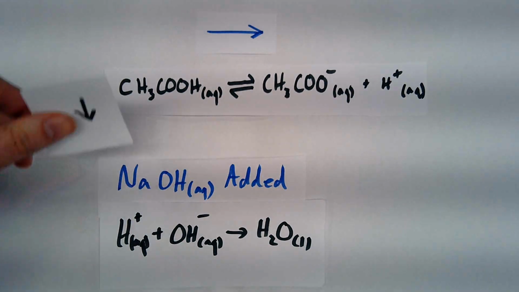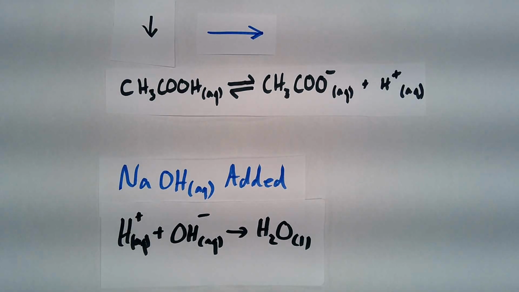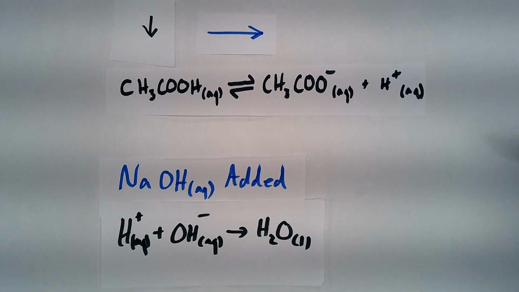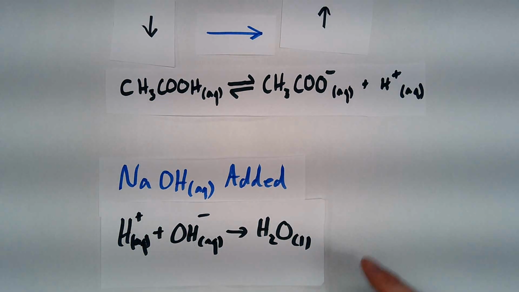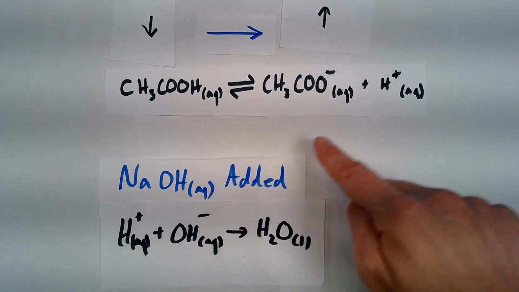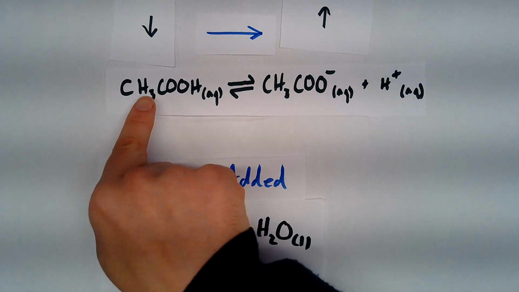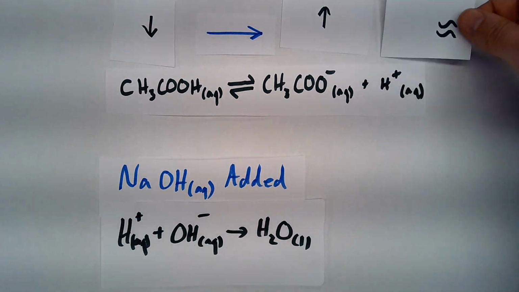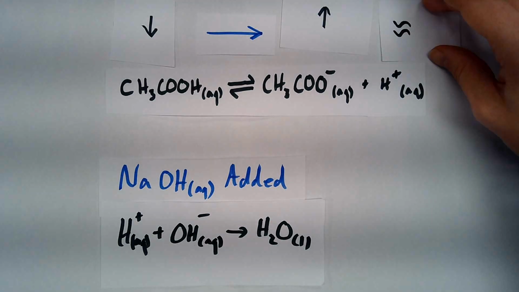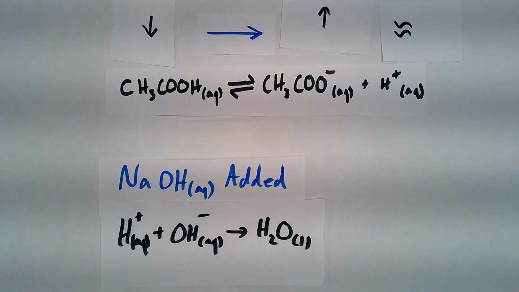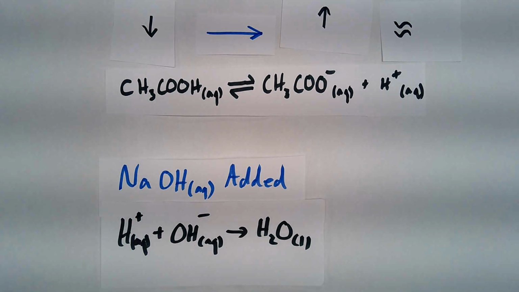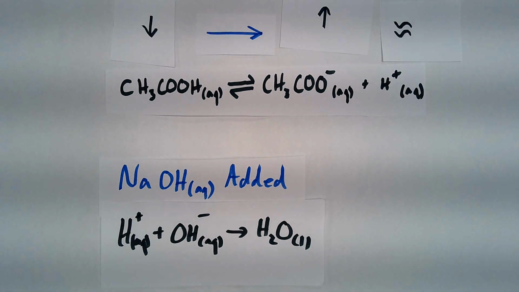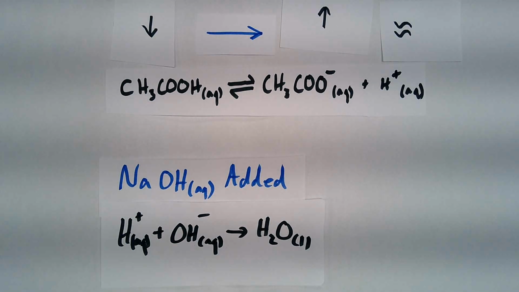As it shifts right, the concentration of ethanoic acid itself will go down. The concentration of the salt will go up as this reacts. And because we are using this up in the second reaction here, and then it is being generated by the equilibrium, the concentration of H plus actually stays more or less the same as it was. Now, it will decrease very, very slightly, but not anywhere near as much as you would expect. And therefore the change in H plus concentration, and therefore the change in pH, is very minimal when we add